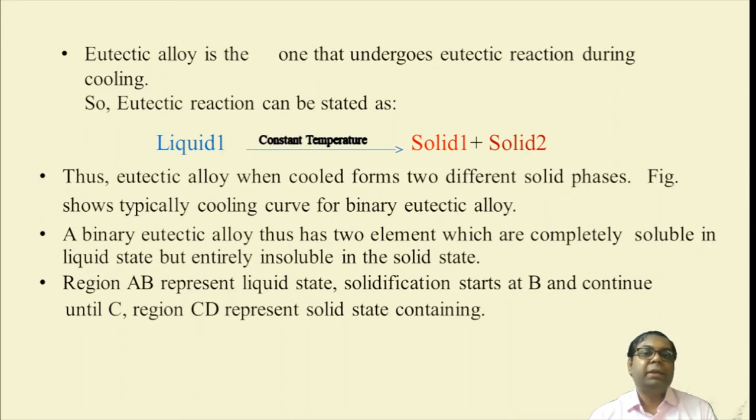That means solid 1 plus solid 2, if we put some heat into it, produces the liquid phase, pure liquid phase. Thus a eutectic alloy, when cooled from the liquid into two different solid phases, shows the typical cooling curve for a binary eutectic alloy. And region AB represents the eutectic liquid state. Solidification starts at B and continues until C. The region CD represents the solid state containing